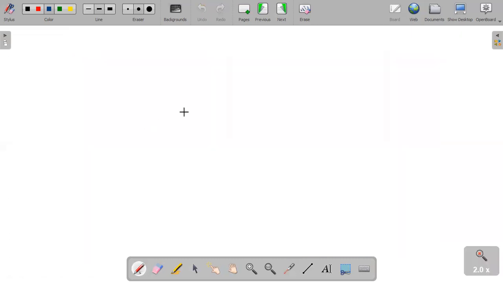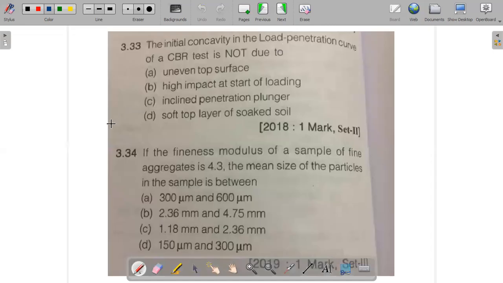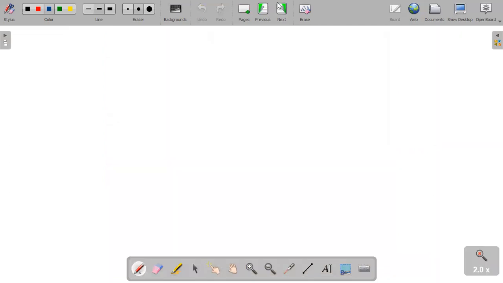Let's move forward to our next question. Basically both of these questions are again from your theoretical portion. This question is from GATE 2018, 1 mark, asked in Set 2, and this question is from 2019, 1 mark, in Set 2. The question is, the initial concavity in the load penetration curve of a CBR test is not due to. Before that, we'll discuss that the